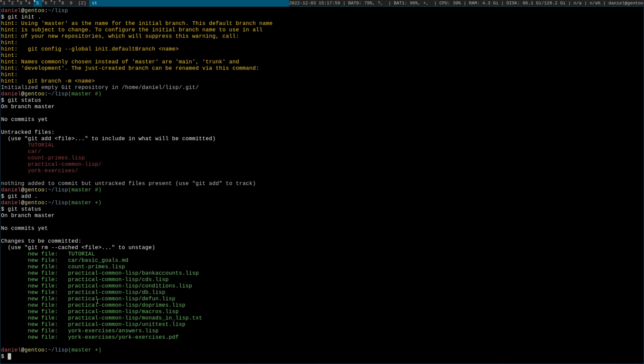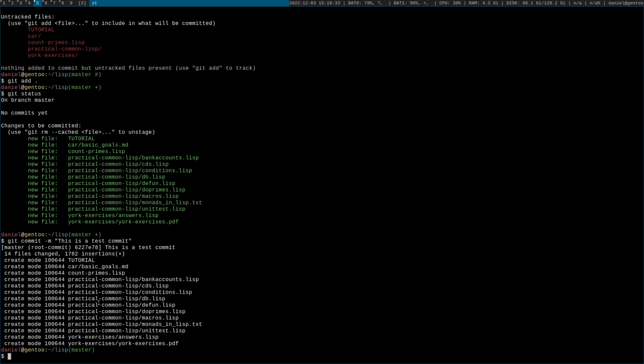I could make some changes, but at this point I actually want to preserve a snapshot. So in Git, the history of a folder is described in terms of what they call commits. But you can think of the commit as just a snapshot of the files at one period of time. So if I want to say, this is what my folder looked like today at this time, then I do a commit. The way to do that is you type git commit. You can pass a message on the command line to just say what I want to say. This is a test commit,